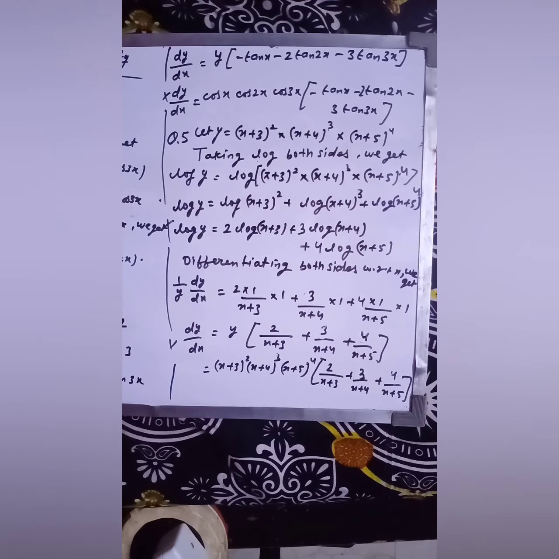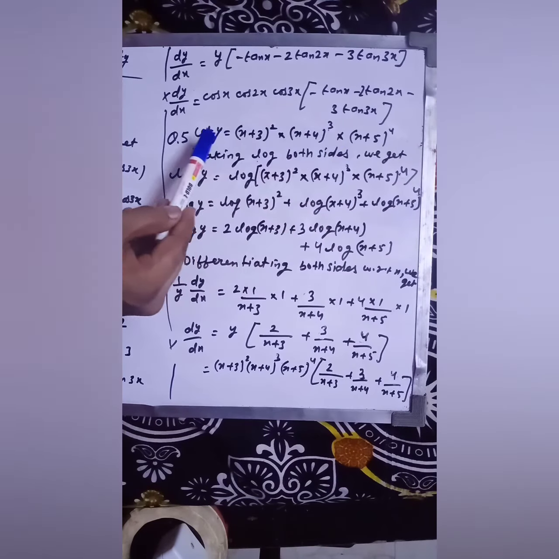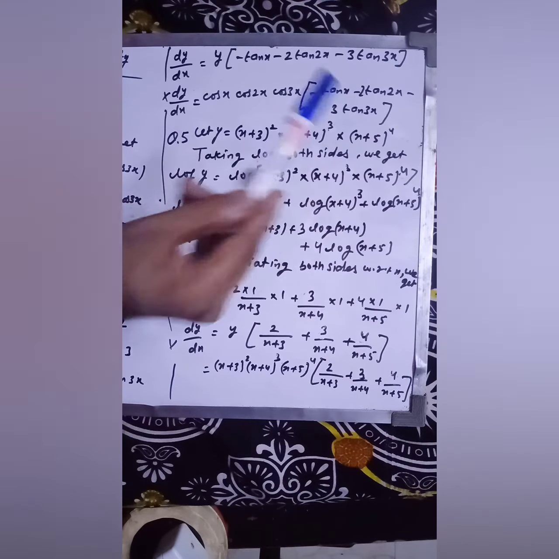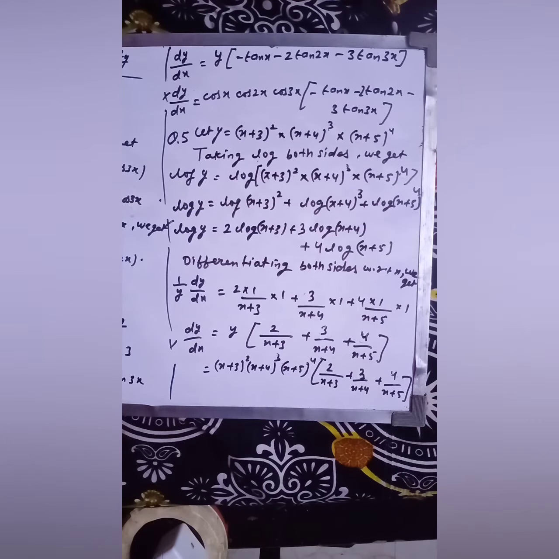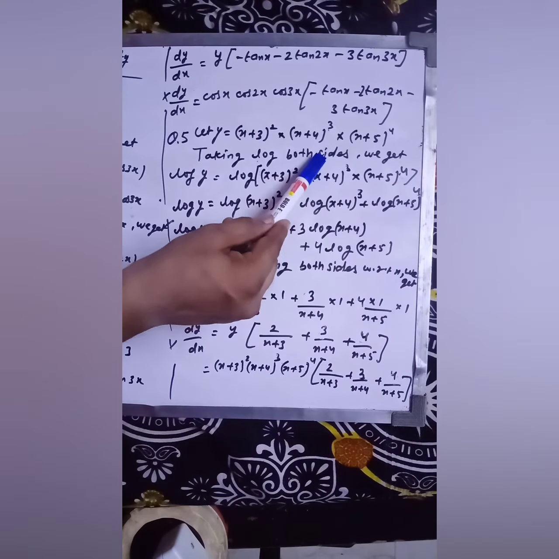Now the next question is question number 5. It is the same concept you have to apply as you have done in question number 1. So here this is given to us. Again we are assuming that it is equal to y. Fine. Now we are taking log both sides, and we will get